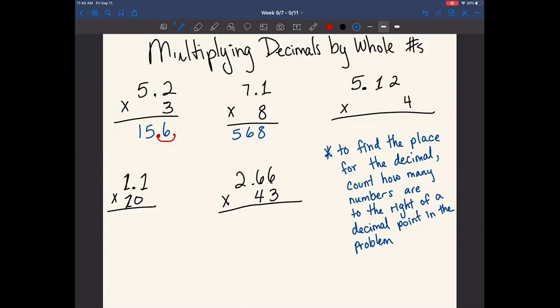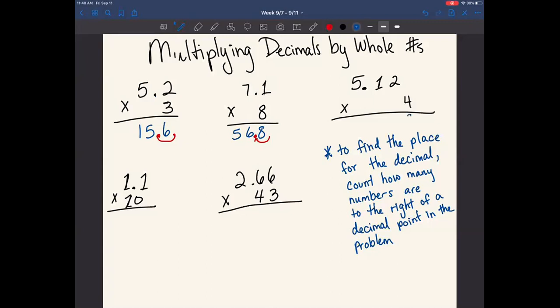Okay, I see pretty much everyone agrees. My decimal point is going to go between 6 and 8. Remember that it starts over here, it moves over 1 spot, and it ends up between the 6 and the 8. Okay, now this next one,